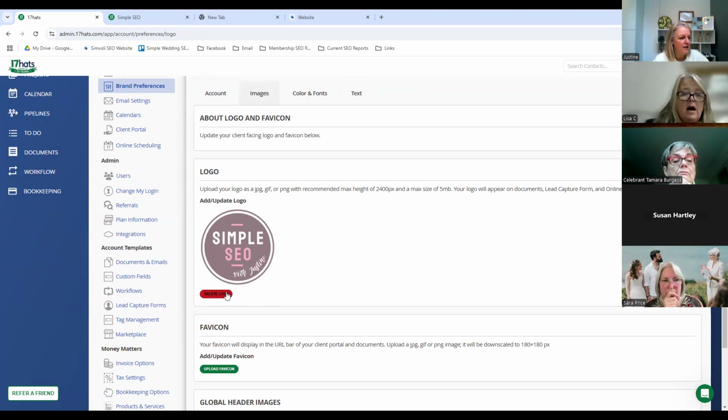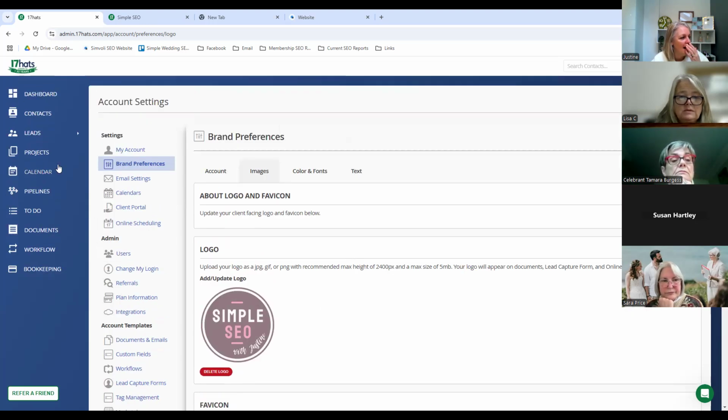at this point. I've already added mine, but there will be an add button there and you can upload it. But I think when you first buy the program and go into it, there is an option that asks you if you want to add your logo in. So if you haven't done it there, you can do it here. But then the beauty of this is, as you will have seen on